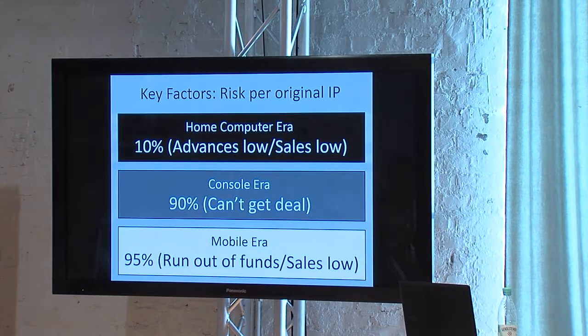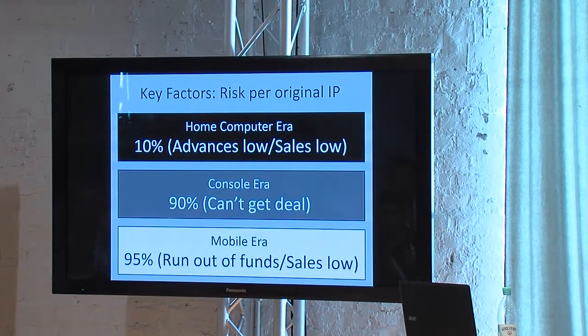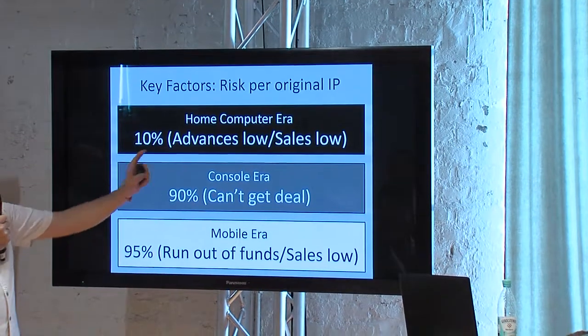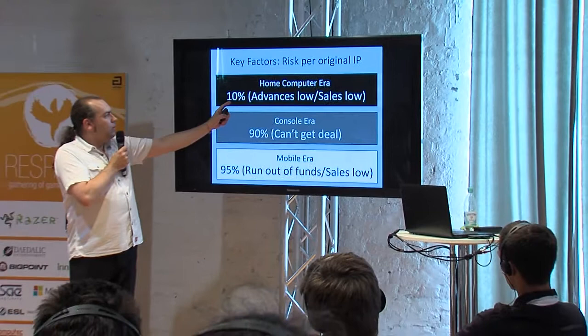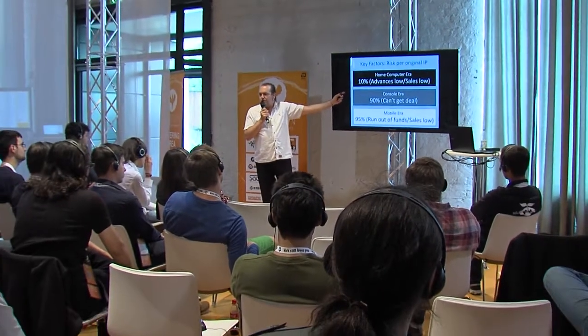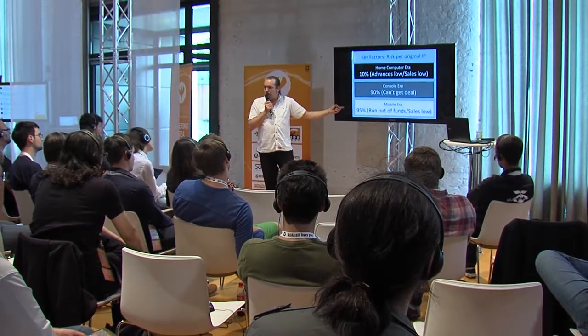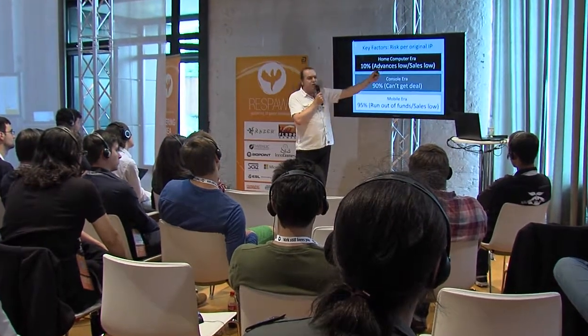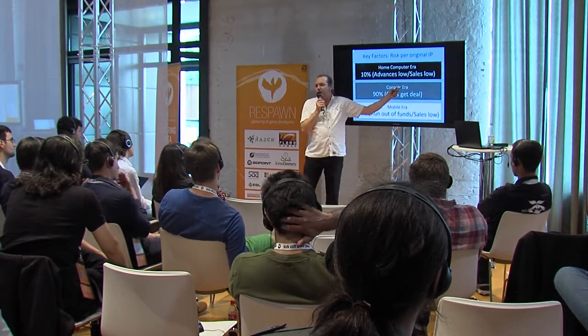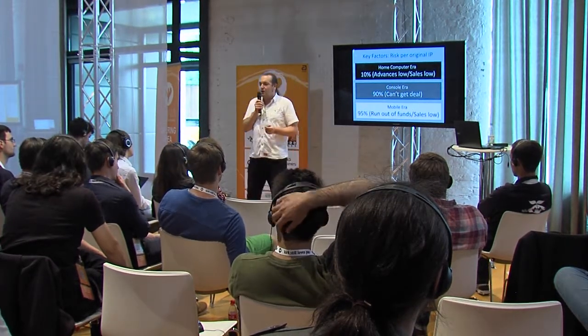Risk per original IP. These are just figures I plucked out of the air, okay? So you can shoot them down. In the home computer era, only 10% of original IP games were huge risks. Normally we could get a deal quite easily. Sometimes the advances were too low, so we couldn't cover our costs. Sometimes the sales were low, so we didn't get enough money back. But in general,